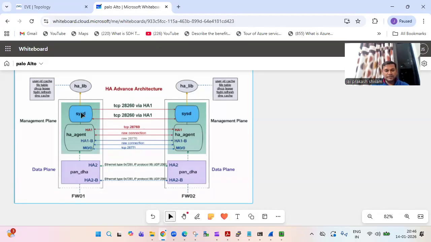Let me show you how the connection is established between systemd and systemd using the bidirectional TCP port 28260 and this one TCP. So let me show you